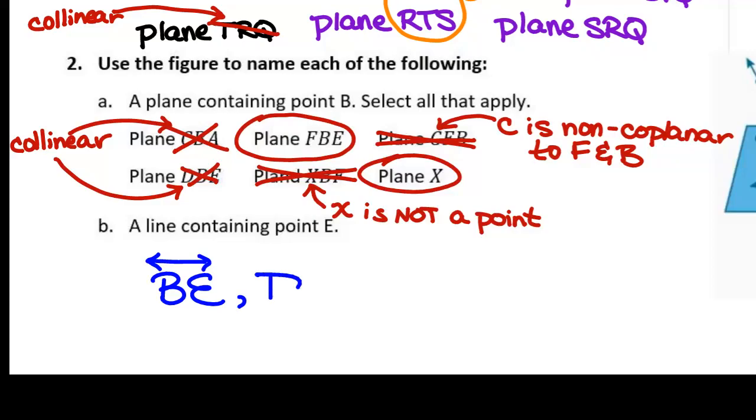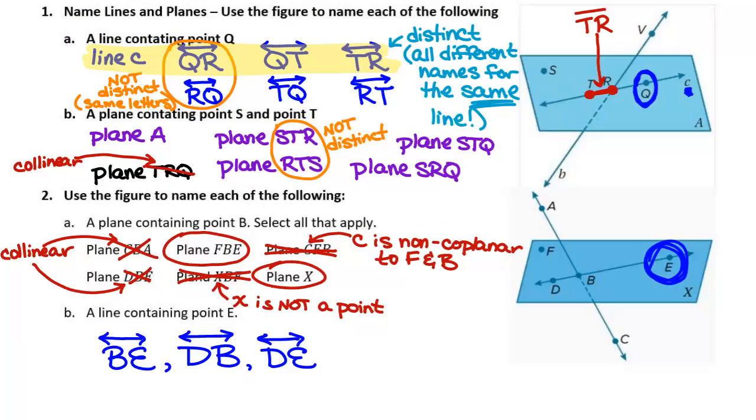DB. I see one more distinct name that we could give to this line. I heard D, but then I didn't hear another letter. DE, yes. DE. So BE, DB, and DE would all be distinct names for the same line. Very nice work. Let's go to the bottom of the page